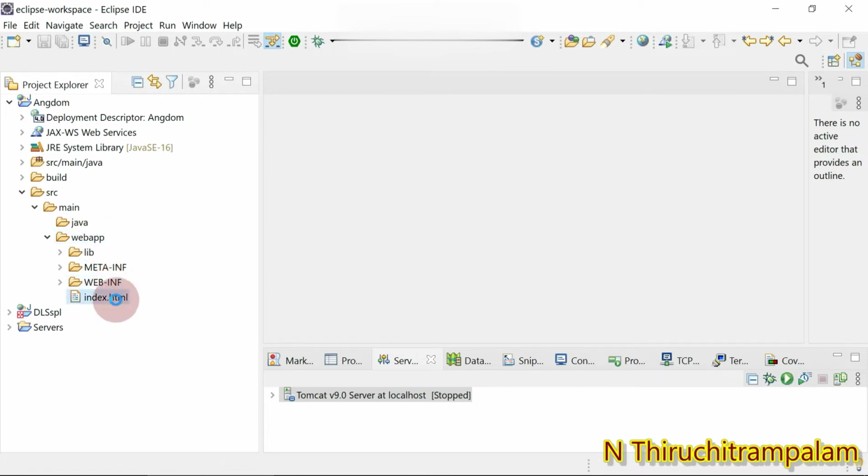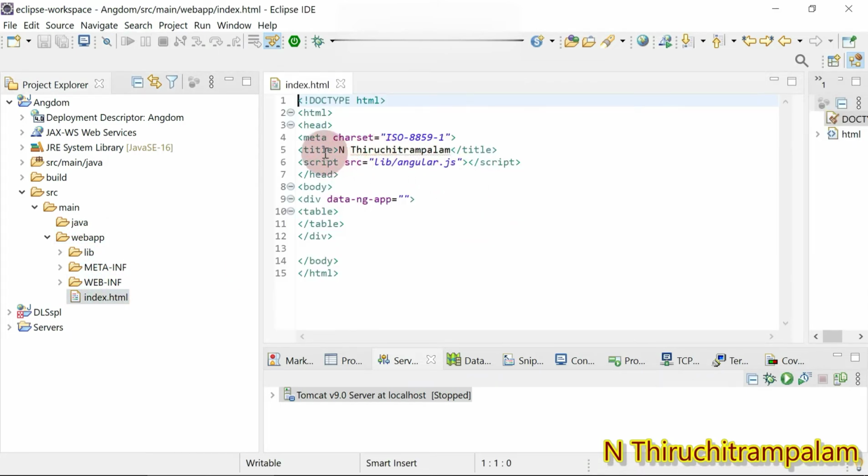Okay, and here in the title I have given N Tiruchitrambalam. And then I have added a script element just to add the AngularJS to this index.html file.